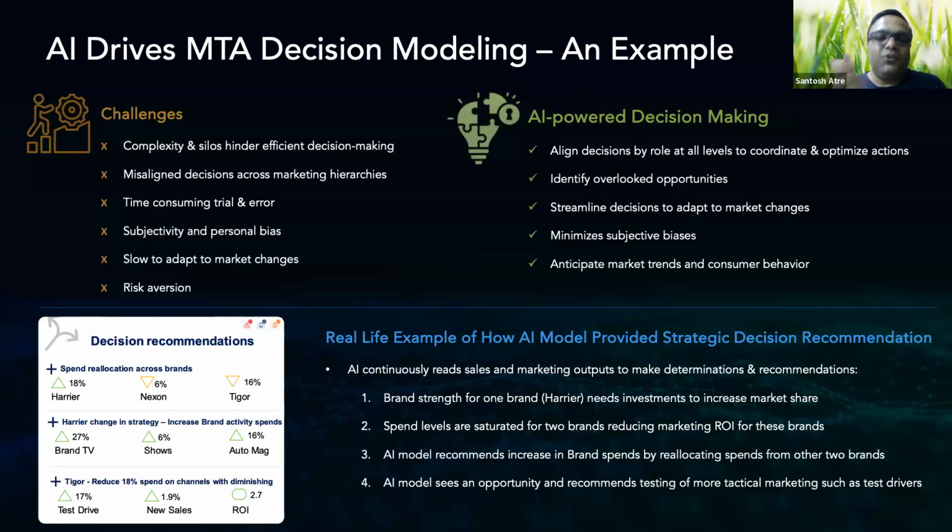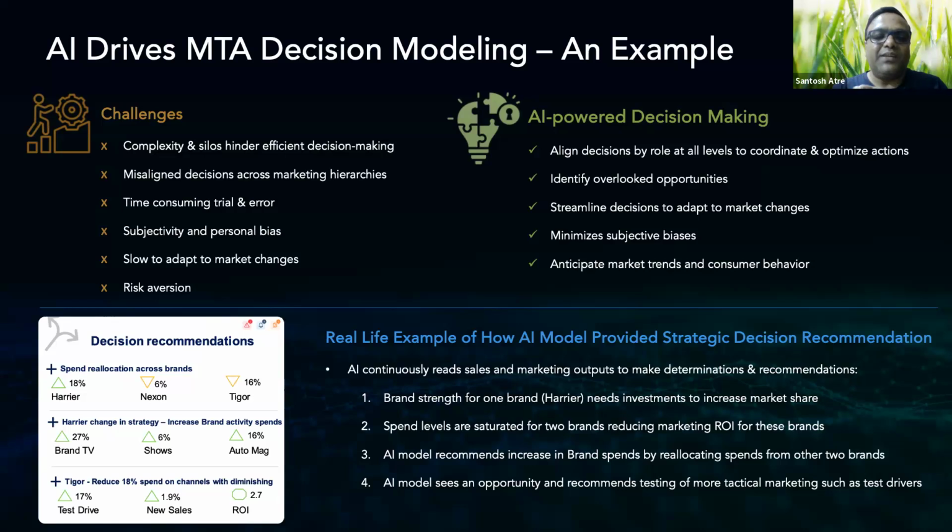And again, the nuance of the decision was further drilled down, because it's not just reallocating the spend. The recommendation was where to reinvest the spends. So the reinvestment would come in branding, and it talked about trade shows, auto magazines, both digital and offline, and brand TV. And we're not talking about just traditional TV, but OTT channels and videos and so on, right? So now you've taken a complex marketing setup across three brands, and you've come up with three simple recommendations, which are to be decided on.